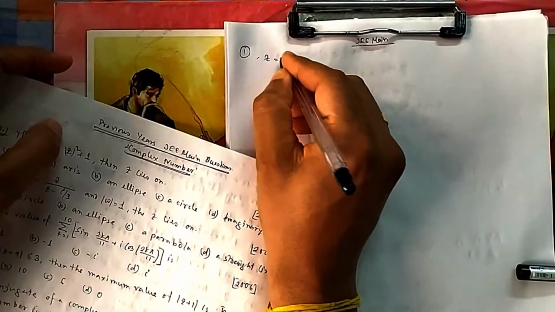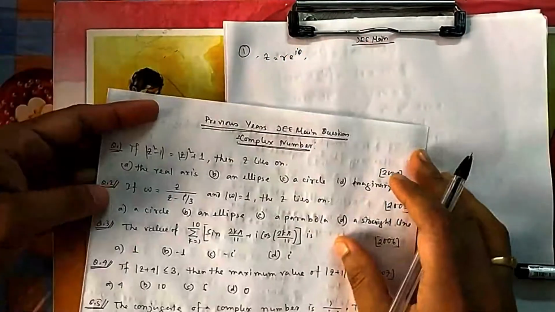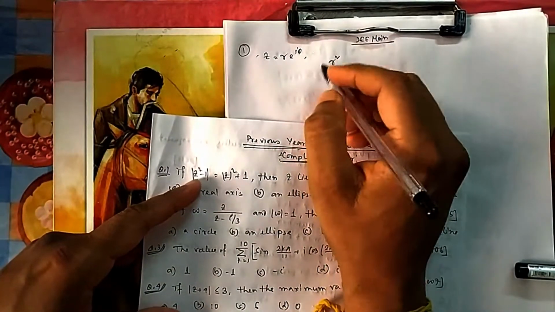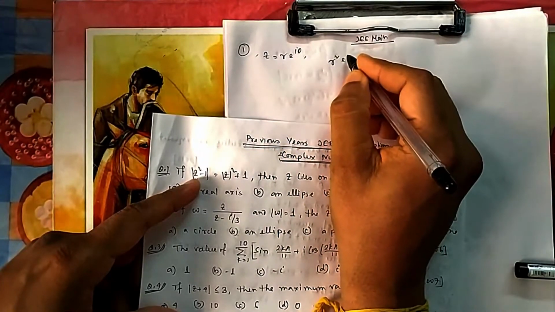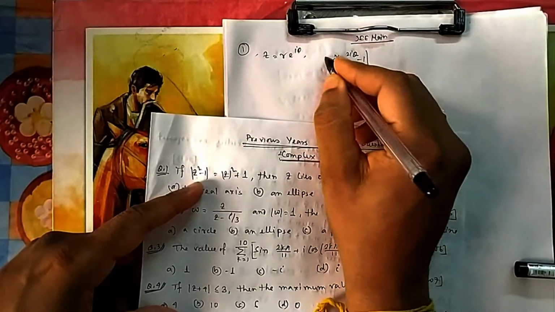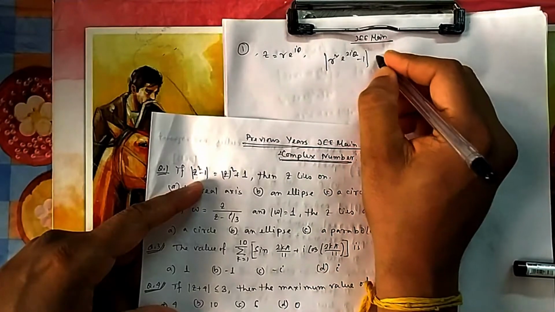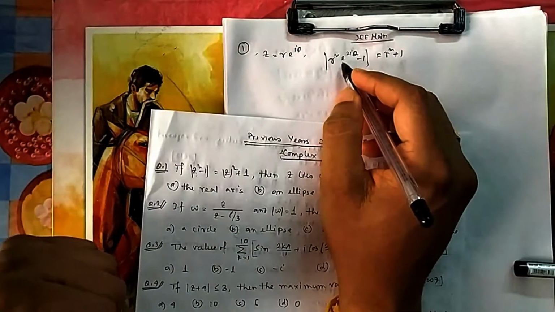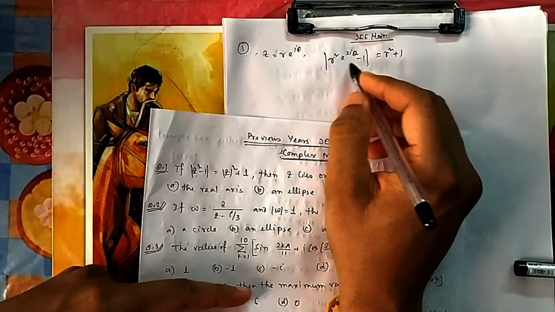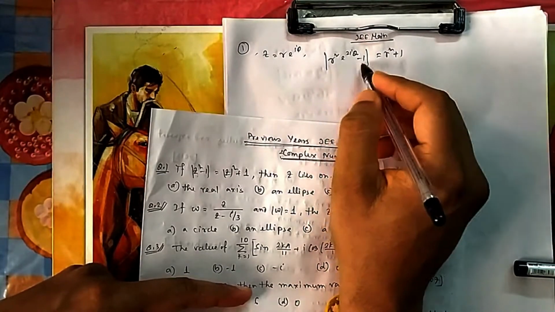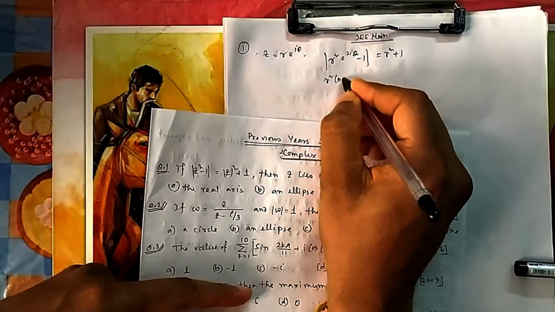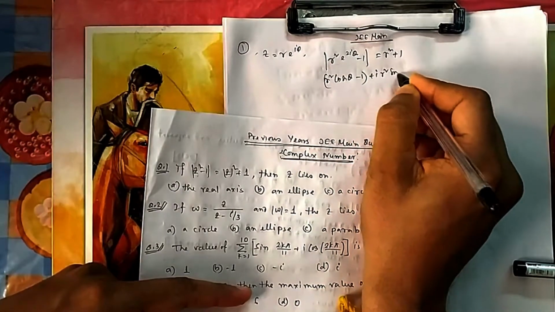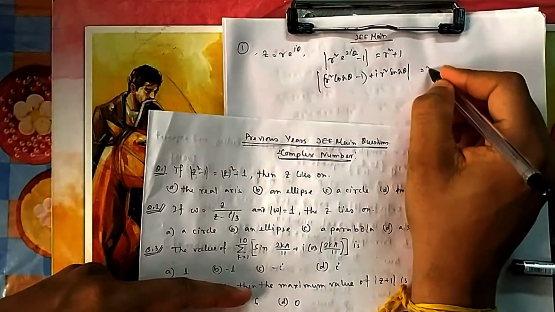So if I put z = r e^(iθ) in this case, what is z²? It will be r² e^(2iθ). Then minus 1, mod, is equal to the mod of z² plus 1. Now how can you write this? You have to get two different parts, real part and imaginary part. One part will be r² cos 2θ, the real part, which is added with this one. And then i r² sin 2θ, mod of this one, is equal to |r² e^(2iθ) + 1|.